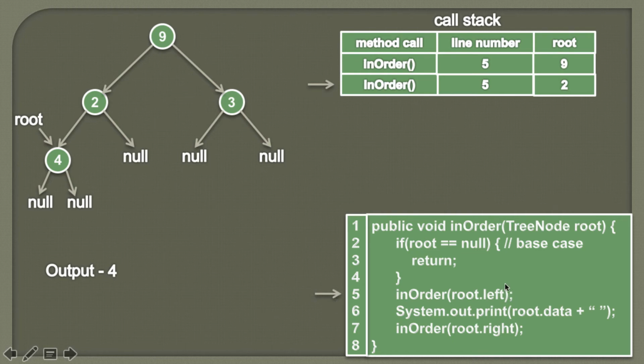And we also know that when we were executing this in-order method, at that time root was pointing to node 2. So now root will point to node 2 and will start executing after line 5. Here we can see that before processing node 2, we have completely visited its left subtree. So now is the time to process the node itself. Therefore we simply print its data on the console. So you can see 2 gets printed on the console.